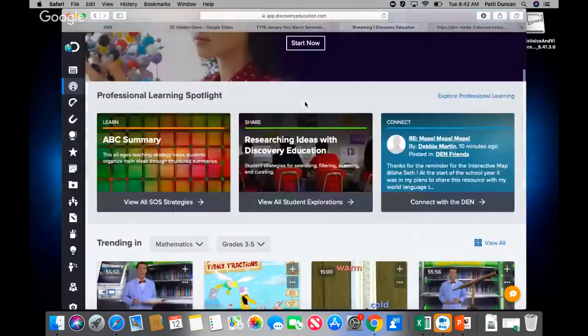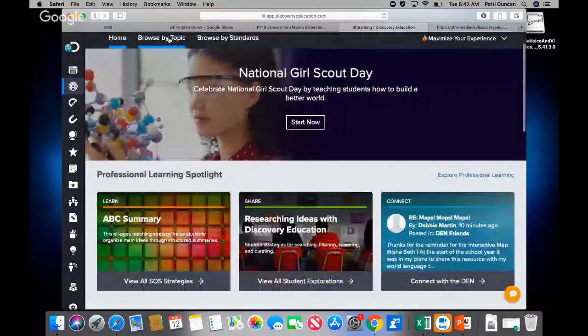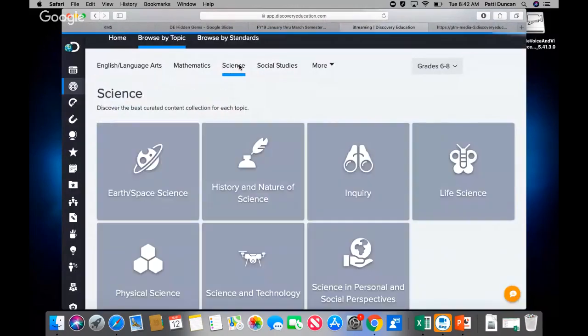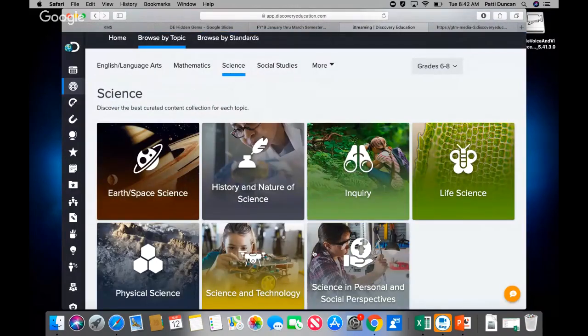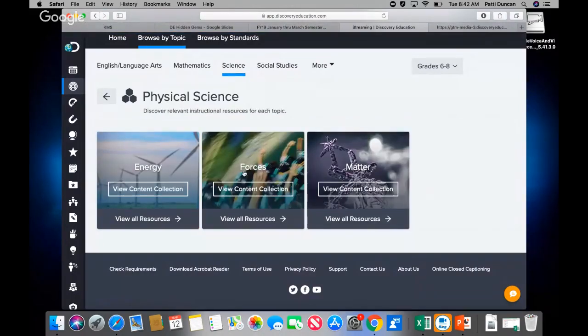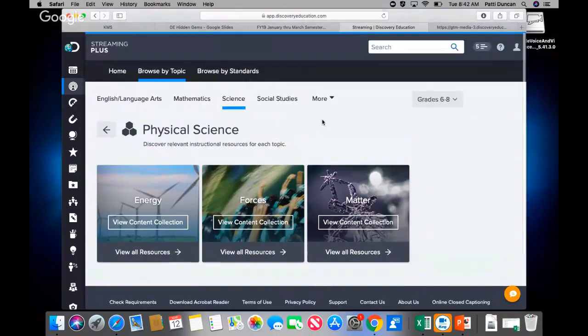And you can also do your drill down. So you can go in by topic and grab a topic. So I can say science because it's my favorite. And I can go into, say, physical science and grades 6 through 8, and I can look at the content collection, or I can look at all the resources. I think most people know that.